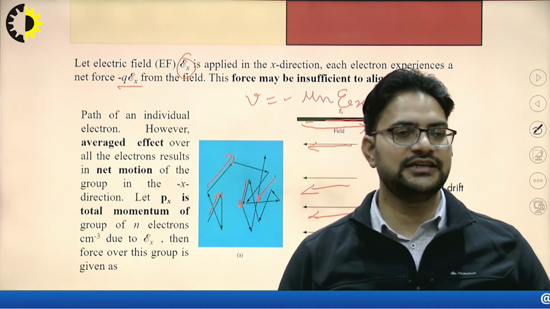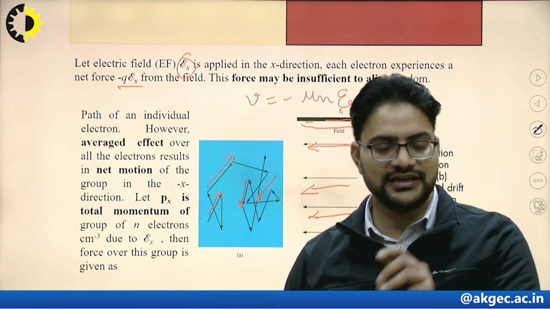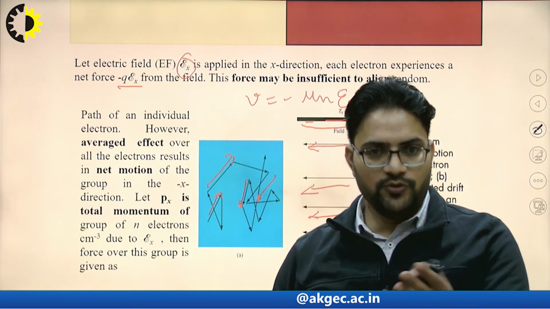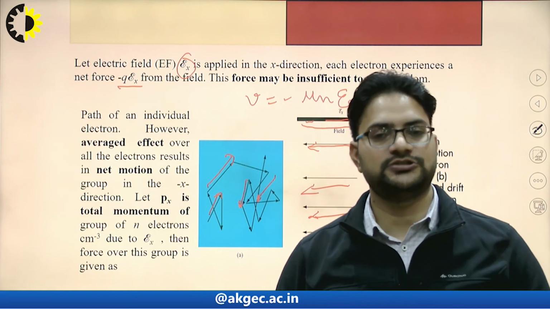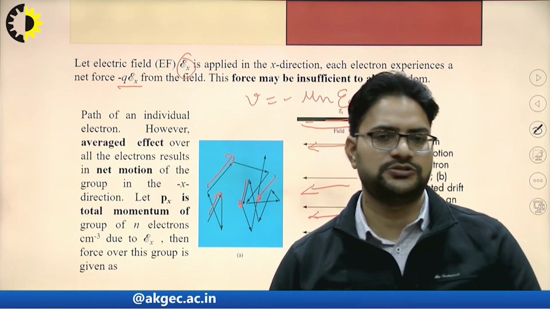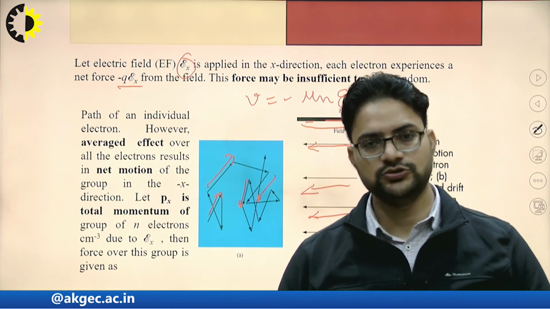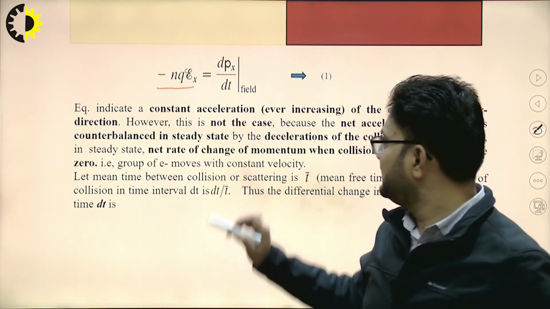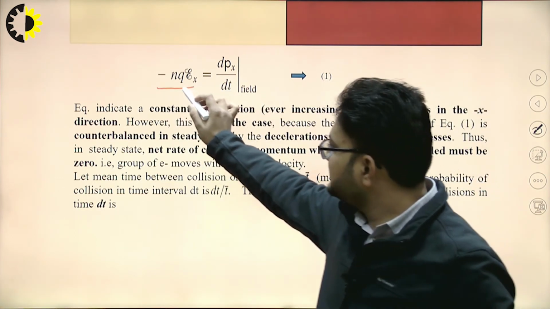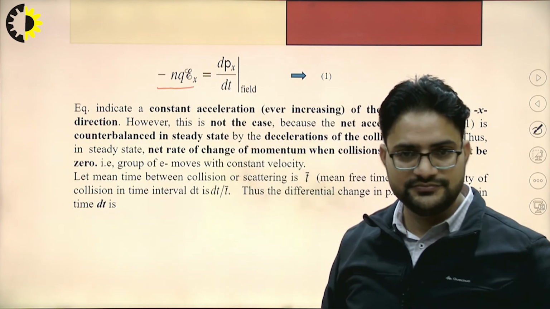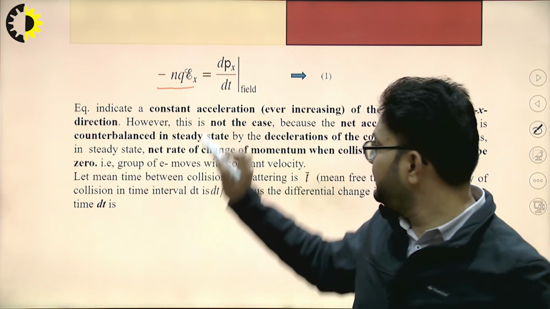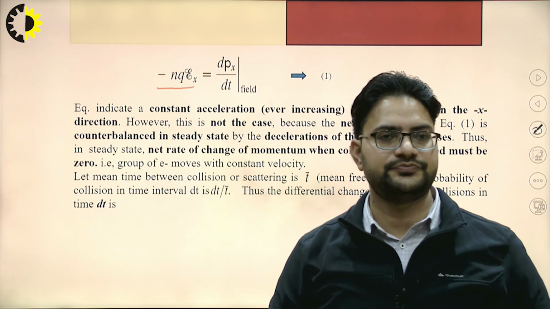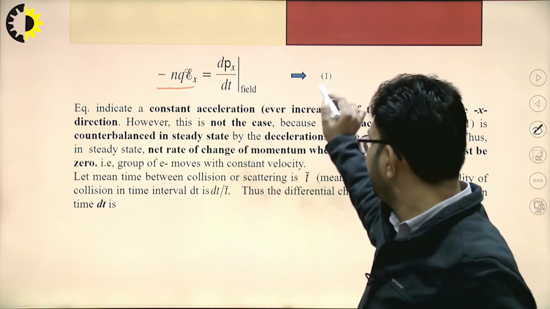if we have the electric field, and we have some momentum for the n electrons, we can compute the force also. So the force will be equal to minus n into q into Ex, which is due to this electric field. It will be equal to dp upon dx, that is, the momentum of the electron, right? So if I say this is equation 1,